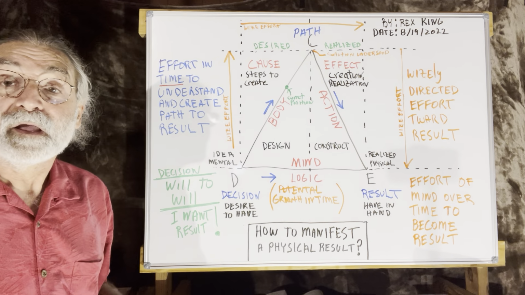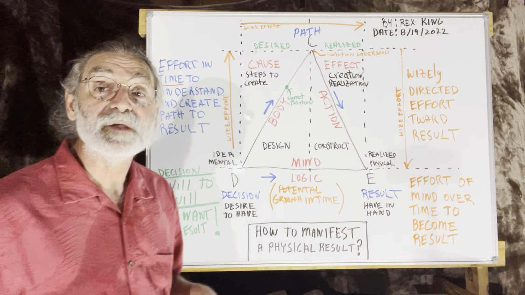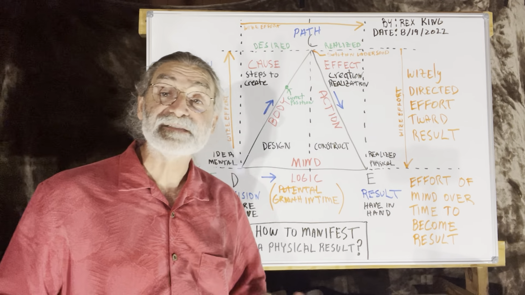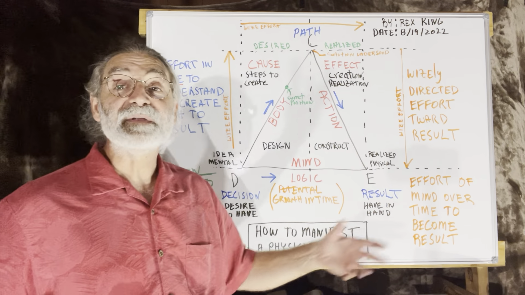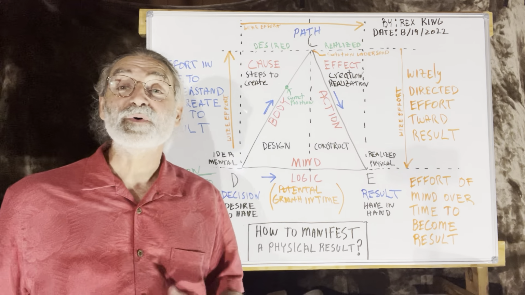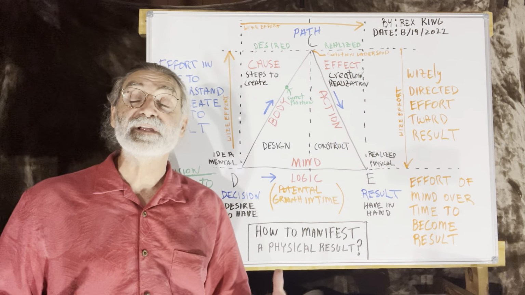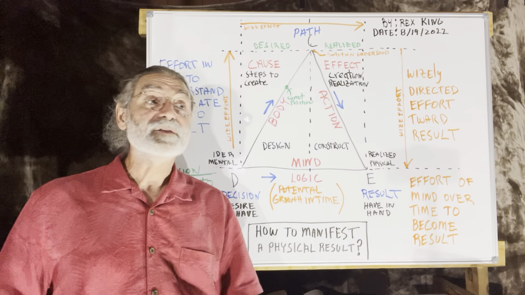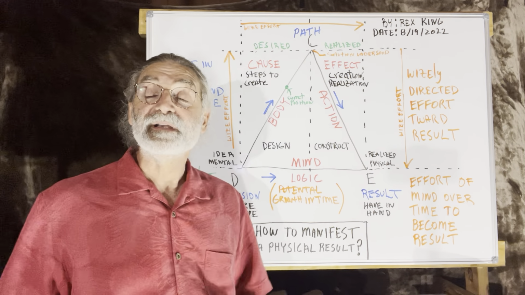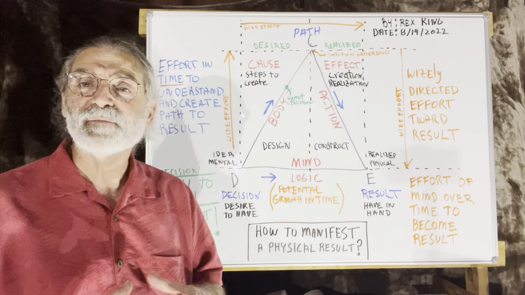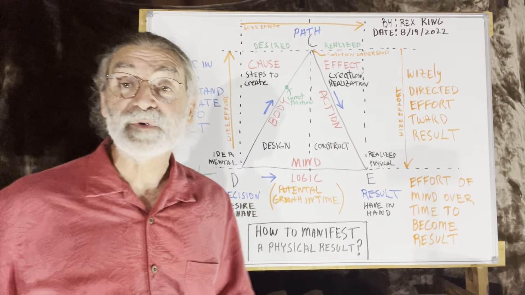Now, it may mean that what we have to do is start becoming what we want the result. And that's what it is in the case of becoming an engineer. In other words, when you go to school and you become an engineer, it's not something you can take off and put on. You change yourself into a person that thinks in the terms of being an engineer, or a doctor. You become a doctor. You become a nurse because you become qualified to naturally do what it is that nurses do, without thinking, because you just know it. You live on faith, okay? And that's what we're talking about.